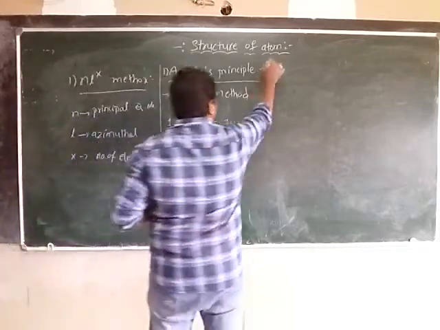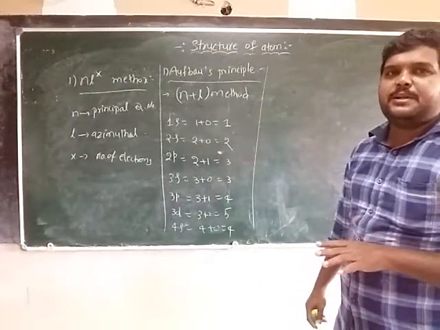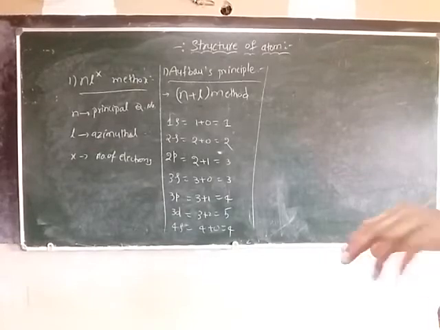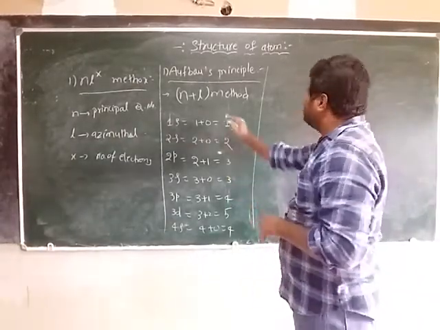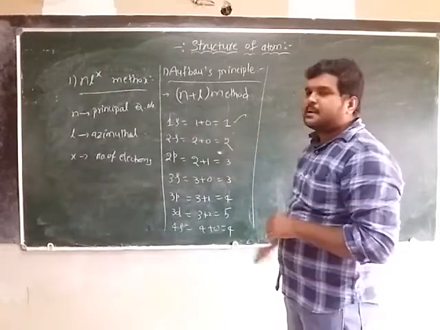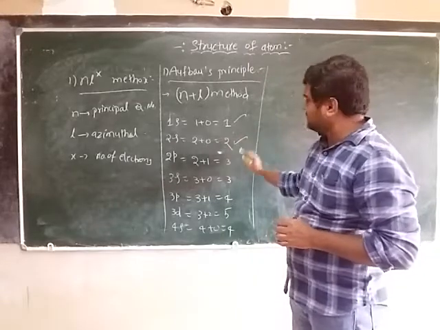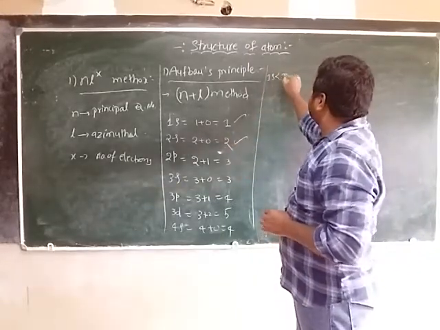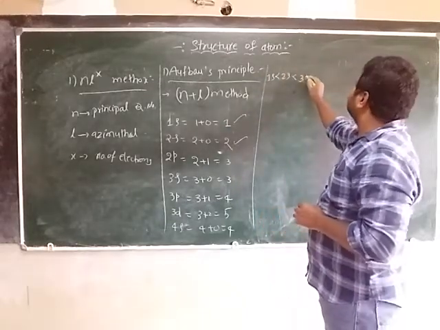So what I am saying is that the Aufbau principle explains that electrons fill in the orbitals in the increasing order of their energy level. Now you can observe that, in the ground state actually, the first electron enters into the 1s. Then it enters the 2s. Why? Because when compared with the 1s, 2s has more energy. So first 1s. Next 2s.